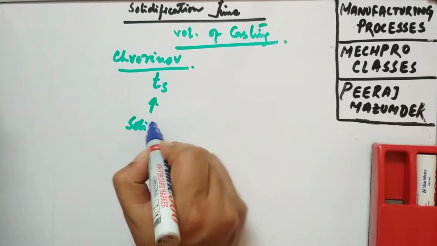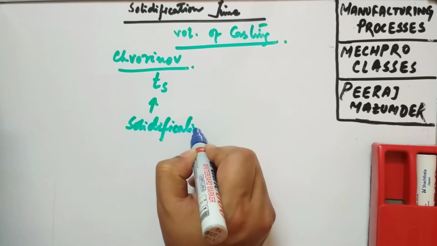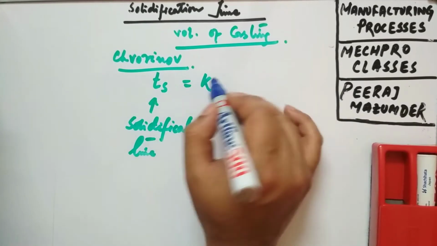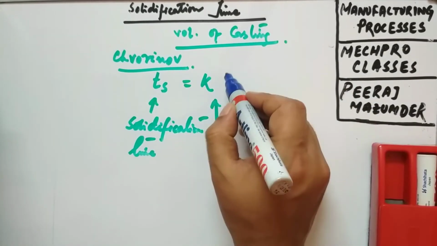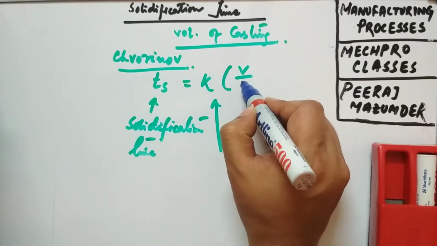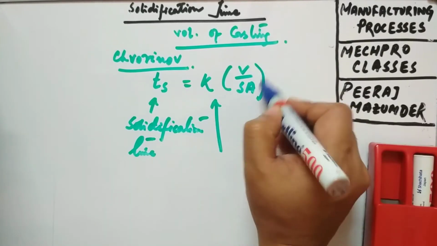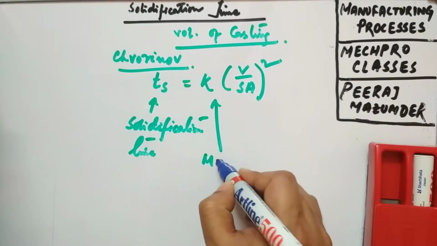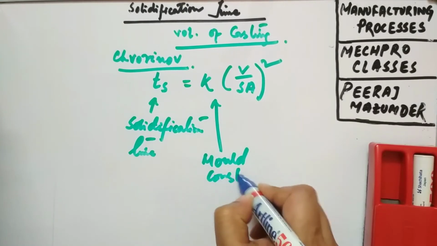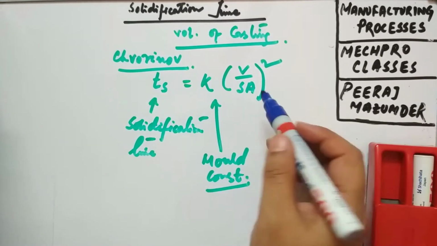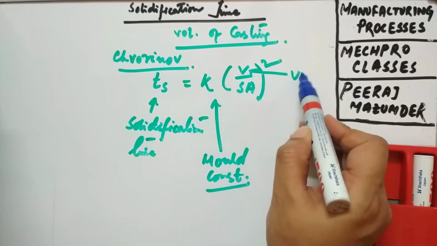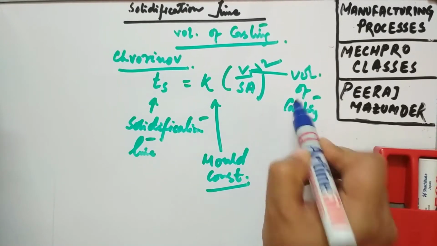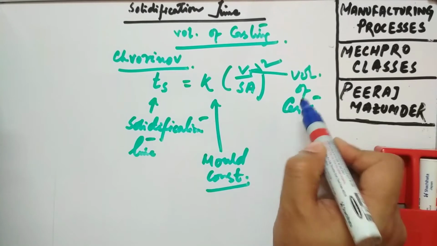Okay, so it is the solidification time, and it is given by K, that is the proportionality constant, you can say, into V by SA, or simply A you can write. So the K is also known as the mold constant, and it is also known as the constant of proportionality. Now this V you can guess as the volume of casting. Okay, so it is the volume of casting, and SA is the